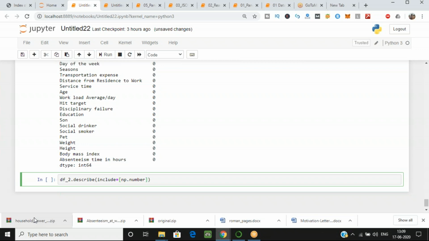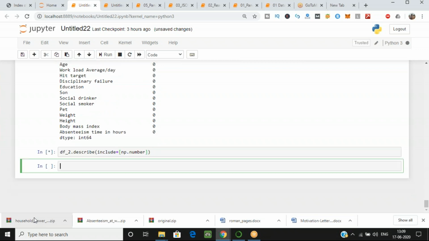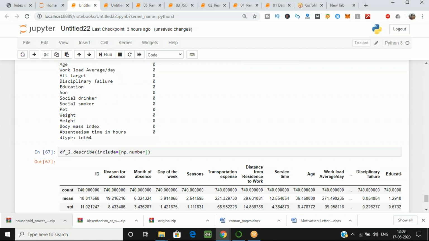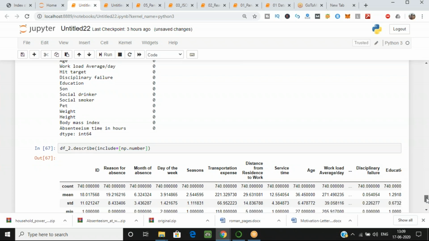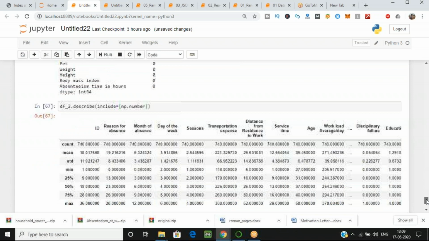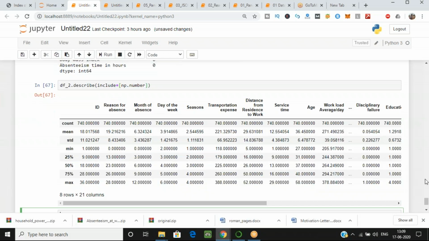Okay, let me execute it first. Now can you see this? What I have written: in the describe function, I have passed that you have to include numpy number. So I am giving the parameter numpy numbers.